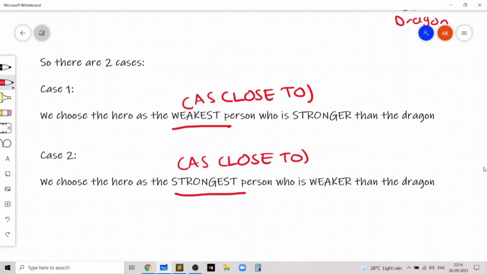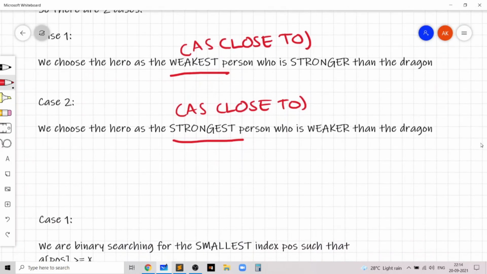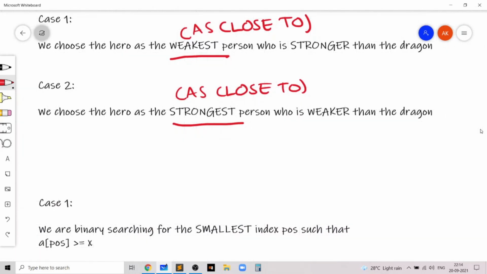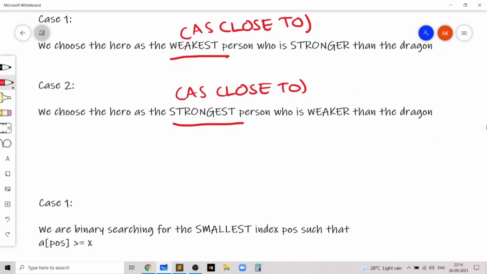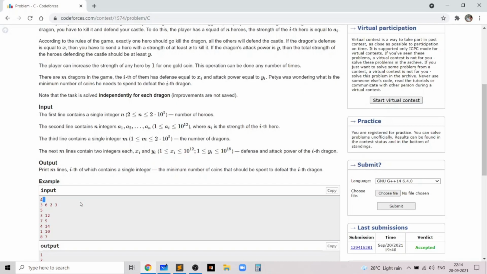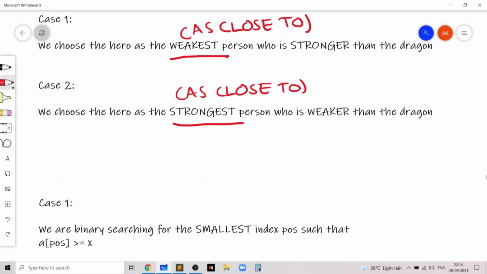Now let's analyze these two cases. In the first case, we are binary searching for the smallest index which has a strength power greater than or equal to x, because x is the defense of the ice dragon. Notice that we first need to sort our array, and then we'll do the binary search. So in this case, we are binary searching for the smallest index or the weakest person, which is just stronger than the dragon, or basically his strength is just greater than or equal to x.